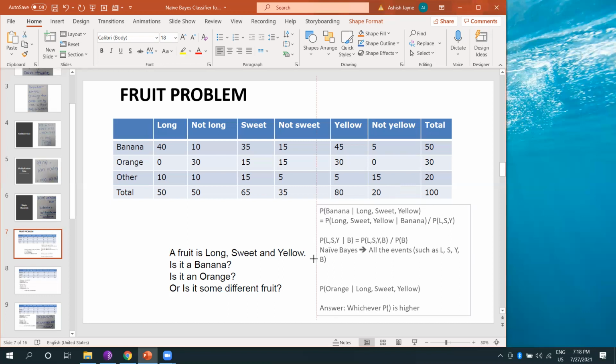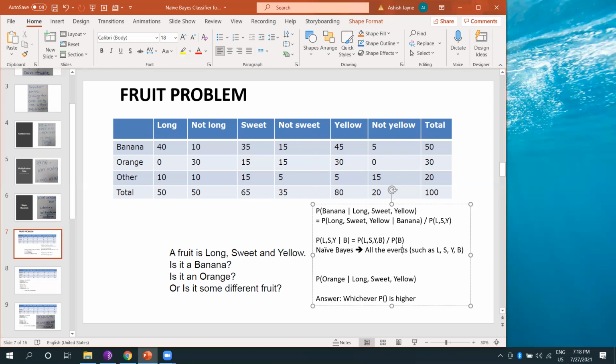Now, if all the events are independent, this implies that P(L, S, Y | B) is equal to